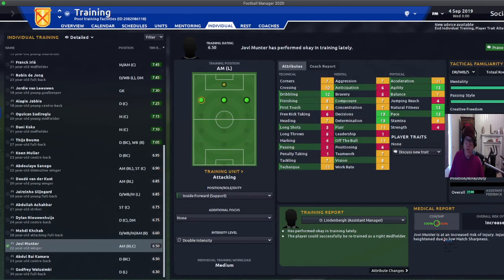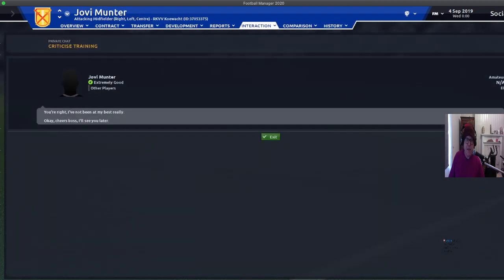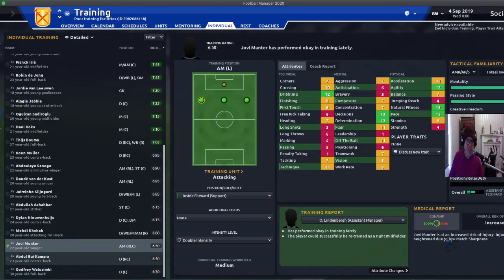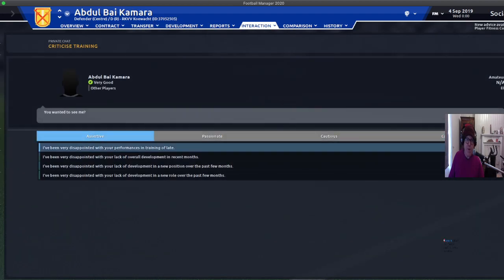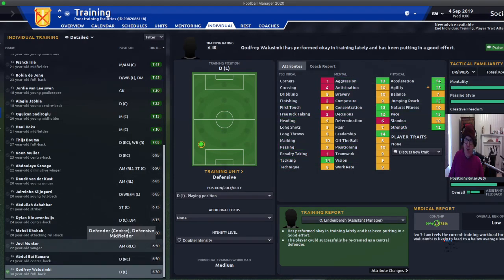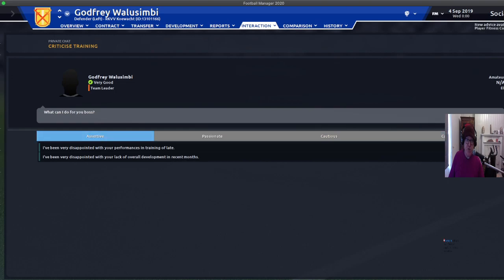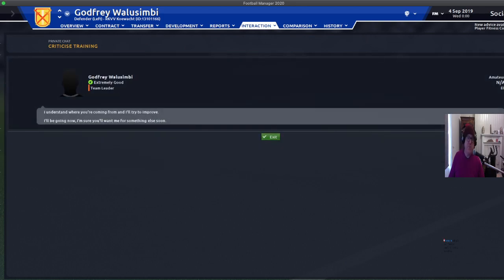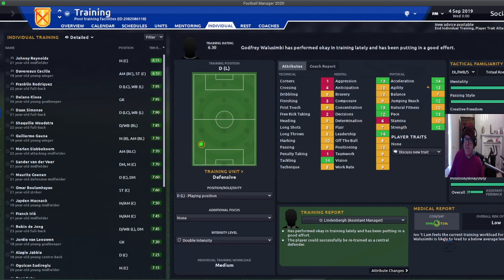However, Hovey Munter. What's the matter, boy? Lift your game, Abdul. Lift your game. Godfrey, what are you doing, son? You're supposed to be team leader and you're coming up with this shite. Right. That told him, didn't it? And he loved it. He loved being treated like he was dirt